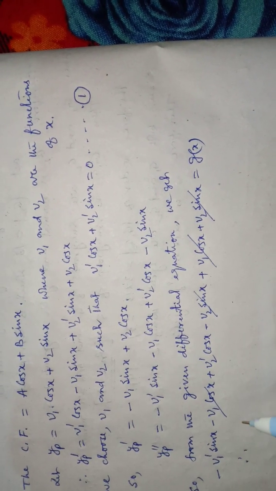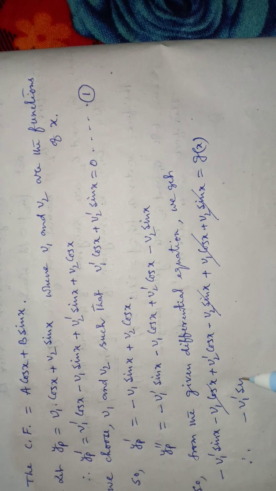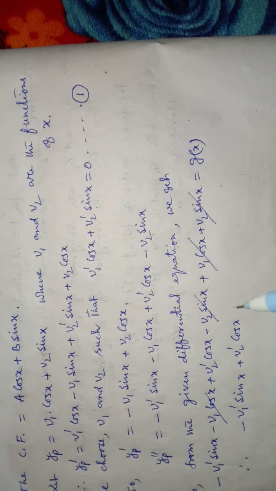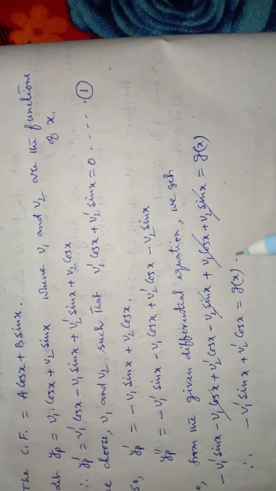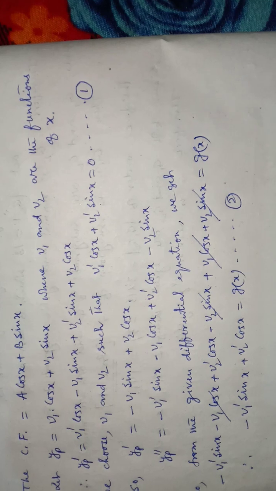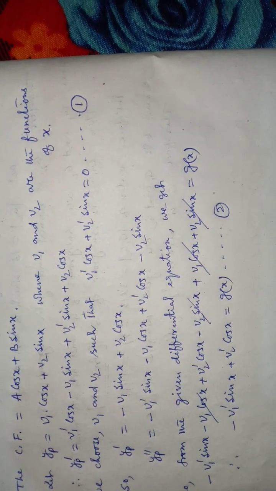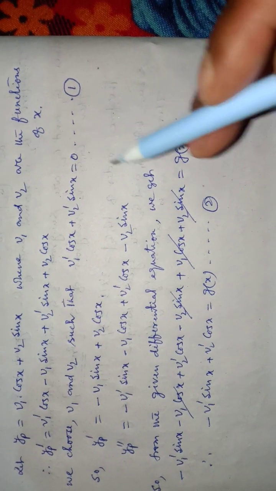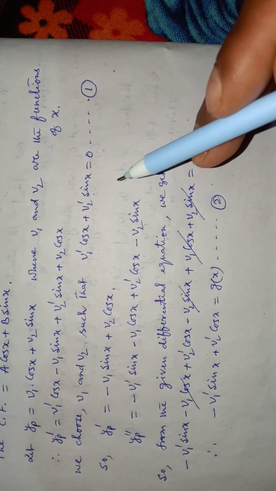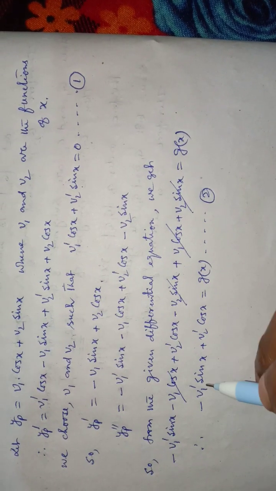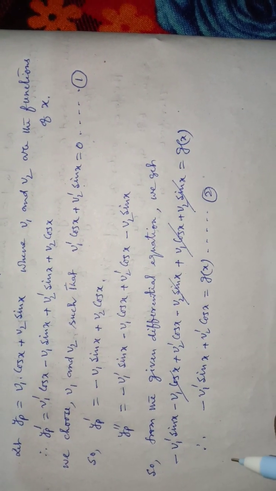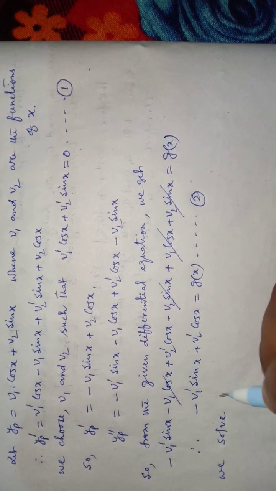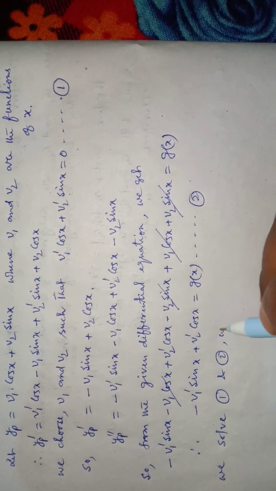So minus v1 dash sin x plus v2 dash cos x is equal to g of x. That is equation number 2. Now we solve equation number 1 and equation number 2. We get